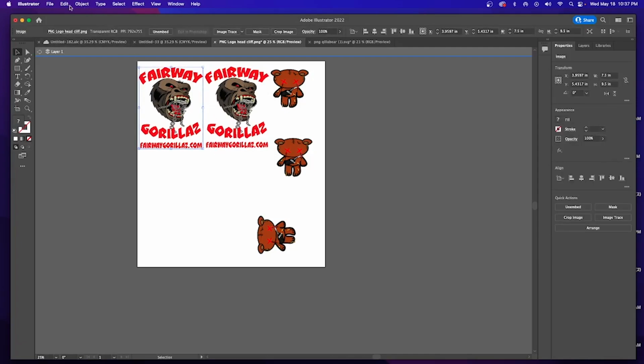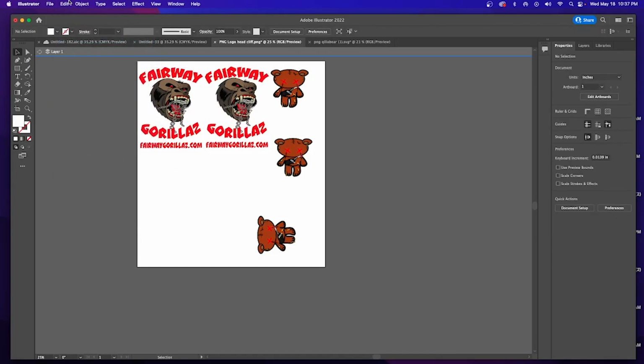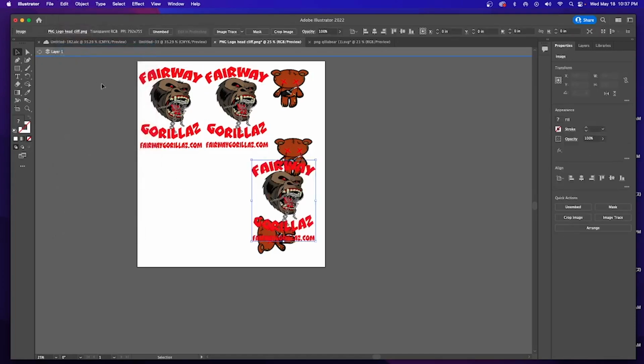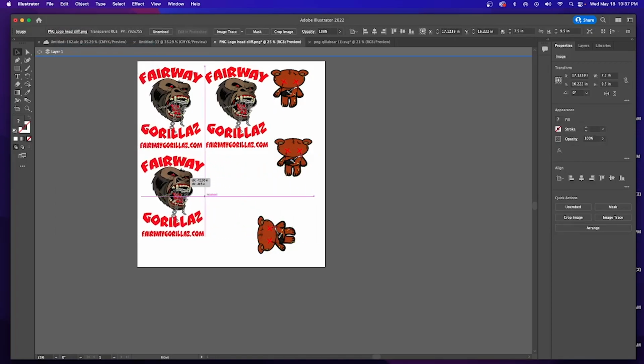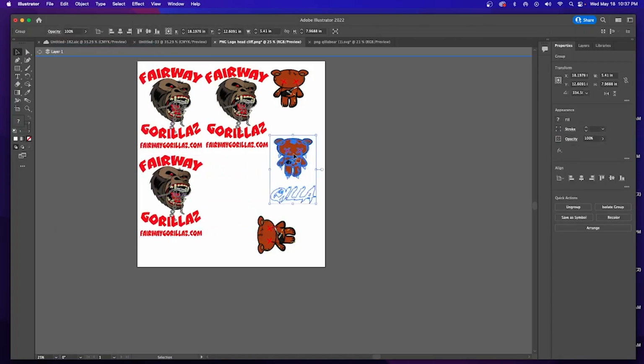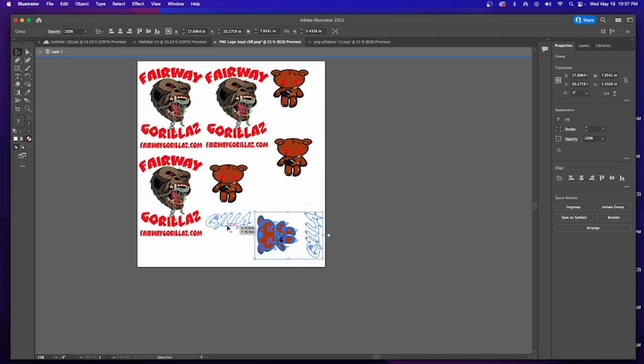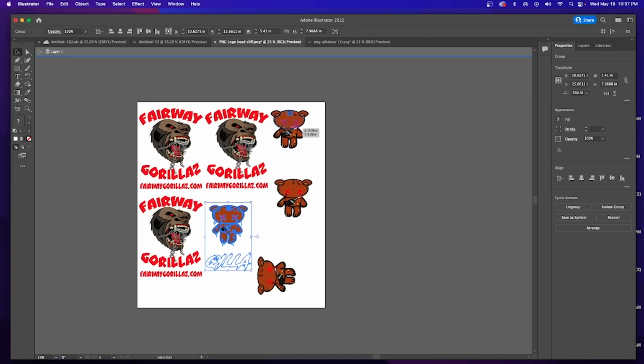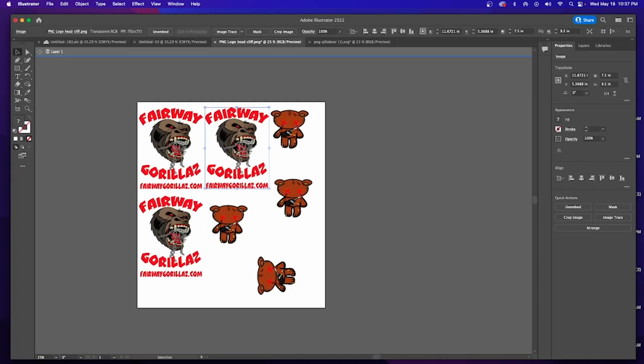Or you can click on the image, hit edit, hit copy, click anywhere on the screen, and then hit edit, and then hit paste. Boom. That's how you can do it. You can click an image, hold Alt on Windows or Mac, drag the image, let go, boom. Now you have a copy there. Just be careful whenever you're working with white and don't get too close to the edges, stuff like that. So now we actually have our gang sheet here, and we were able to do that with a PNG and